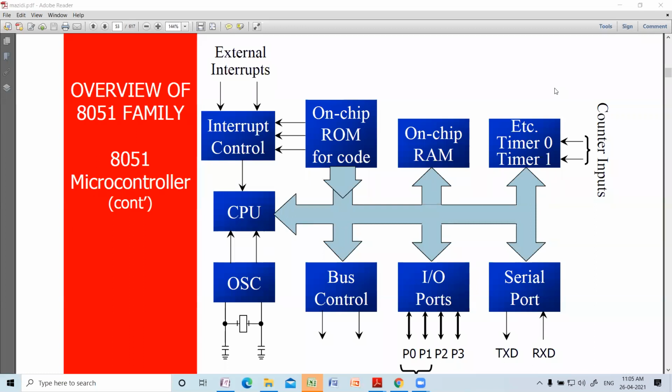It is the clock circuit you are seeing below the CPU, and 6 interrupt sources, external sources. So this is how the 8051 architecture is shown. It's very important.